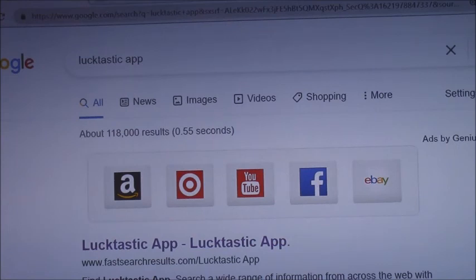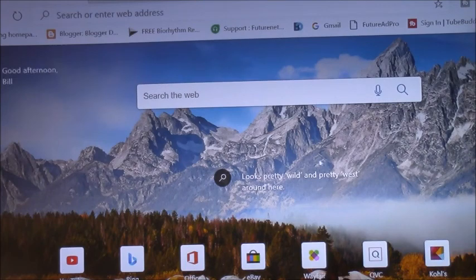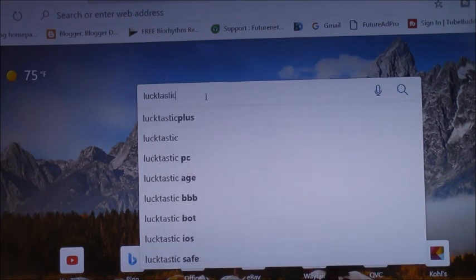And then when you go to Bing, Google, or Google Chrome, but if you don't have Bing or Google Chrome, you can use Firefox or something. When you get to Bing, if you have the Bing browser, you can type the Lactastic app.